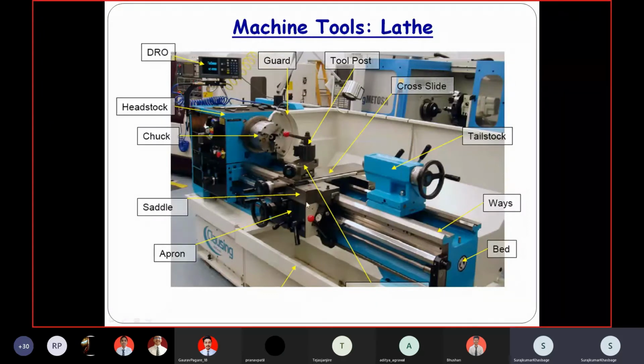The tool post carries the tool which cuts the workpiece to the proper size. This tool post is also placed over the guideways, and it can also slide. It can move forward and backward with the help of these handles. There are a number of handles to change the position of the tool appropriately. This bigger handle is responsible for the forward and backward motion of the tool post over the guideways.